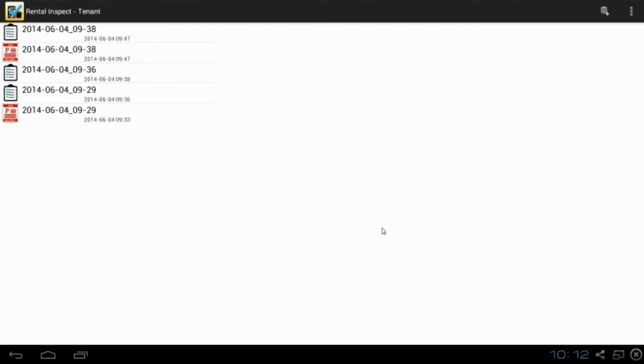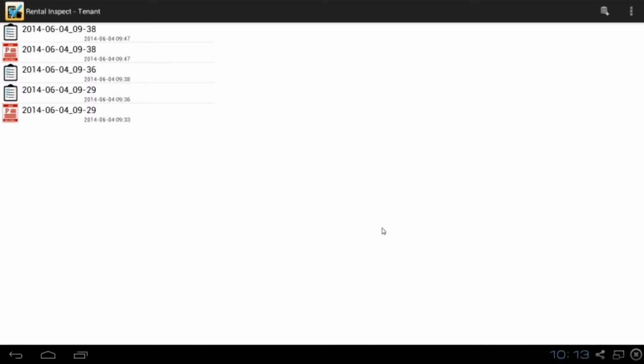If you have ever rented a property, you know how important it is to make a record of what the property looked like when you moved in, and then make a record of what it looked like when you moved out. So when you move into the property, you want to make sure that you record all the details about any problems there are with the property, because you're giving a security deposit. And if when you go to move out, there's a problem with the property, you don't want to be in a dispute with the landlord as to whether you caused the problem or whether the problem was existing when you